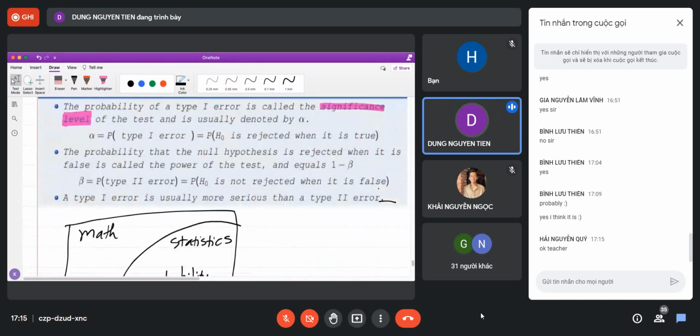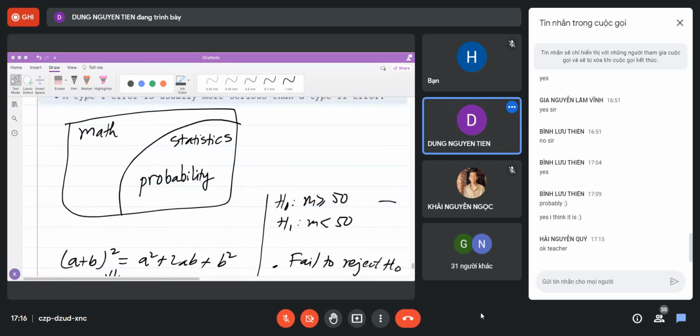And if there are many methods, you want to know which one is the better one, and you can have a look at the power of the test. You can use the power of the test to compare the efficiency of the methods. The method with greater power of the test will be the better method. Okay, if that's all clear,